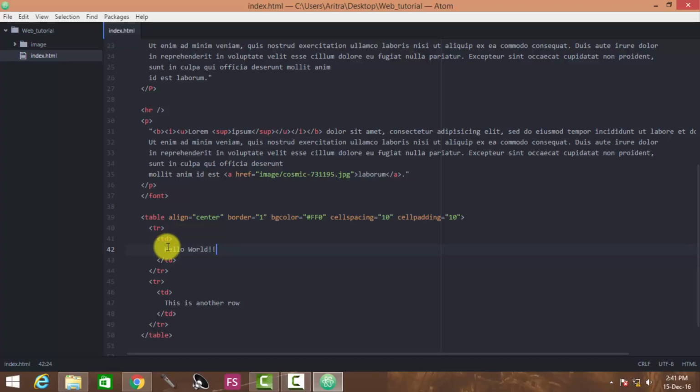Now if you have to provide 2 columns, that means your table will now have 2 rows and 2 columns, and it will be a 2:2 table, and the total number of cells should be 4. That means 2 into 2 equals 4. So this is another row and this is another row, and now I am creating another column inside. The column that comes directly beneath the tr, that means the column should come in the row. So all I am doing, after this column has ended, is creating another column here, td,